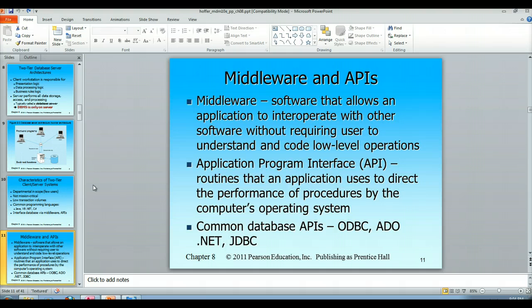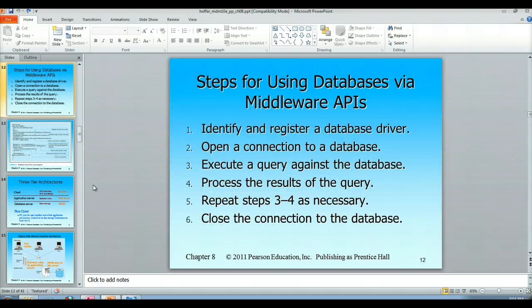We're not going to talk so much about those, but the common database types of APIs, you have ODBC, you have ADO, ADO.NET, you have JDBC, the Java database connectivity. The O in ODBC is open database connectivity. ADO and .NET are Microsoft APIs that again help you